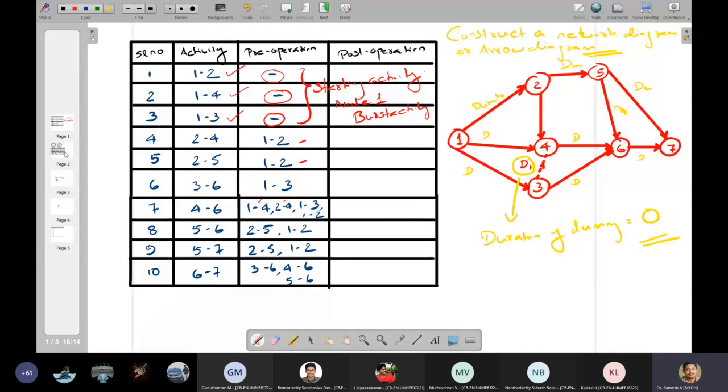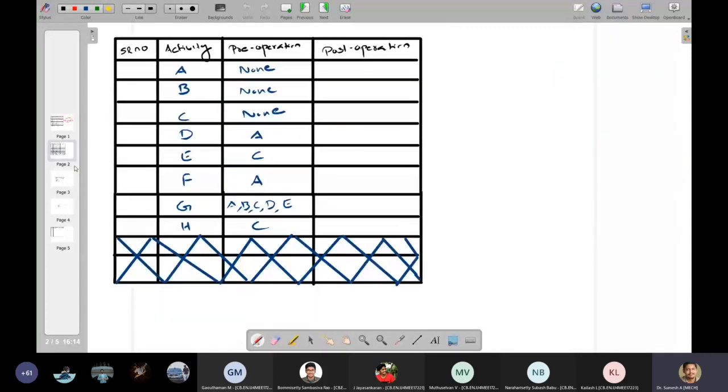I'll solve one more problem for you to understand. Here also I am not giving the post operation. Though I have the data, I don't want to cause confusion, so I'm not giving it. So what information can you get from here? You can see A, B and C don't have any pre-operation.